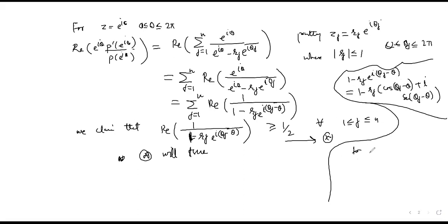तो इसका रियल पार्ट होगा, मेरे कहने का मतलब इसका रियल पार्ट ऑफ 1 माइनस r_j e raised power iota (theta_j minus theta) is equal to 1 minus r_j cos of (theta_j minus theta), है ना. और अगर मैं इसके रेसिप्रोकल का रियल पार्ट लेना चाहूँ,